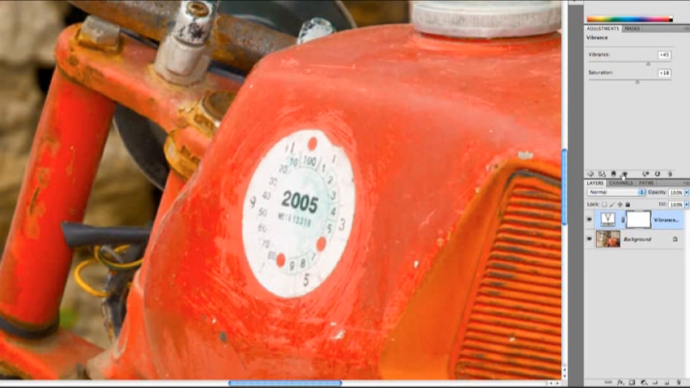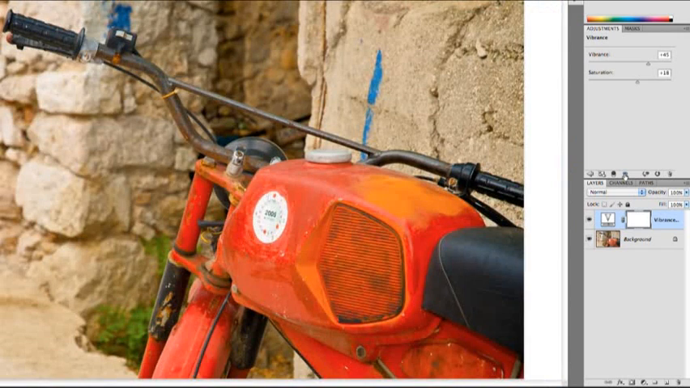And if you want to, you can always toggle it off and on to see what your tweaks are doing. That looks a lot better. Let's zoom back out there, and you see the before and after state. We have a lot more pop to that image with